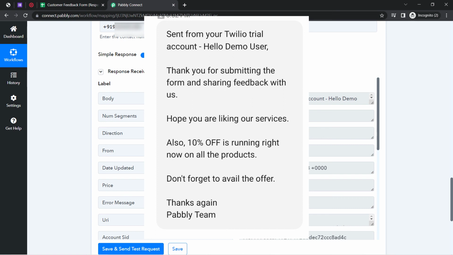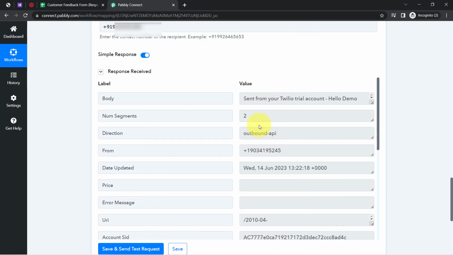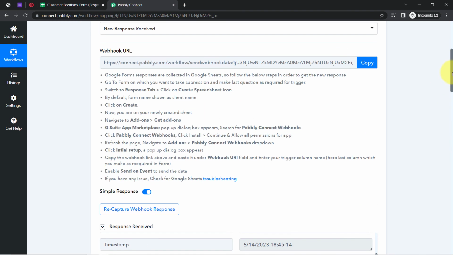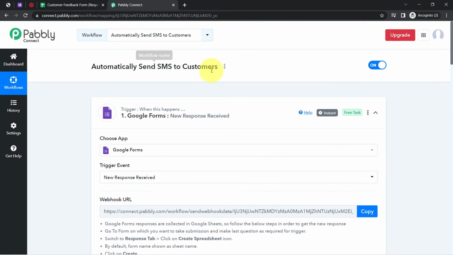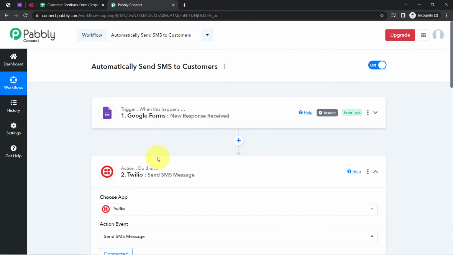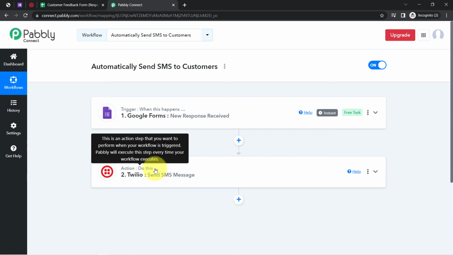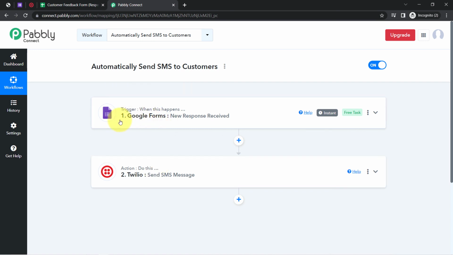thank you SMS to your customers, and not just the thank you SMS. You can also send the welcome SMS to your customers. You can also send offer related SMS to your customers. Okay, and to automate this SMS sending process, you need to create this automation inside Pabbly Connect just once. After that, you can sit back and relax, because Pabbly Connect will take care of all the tasks in the backend. You do not have to do anything manually,